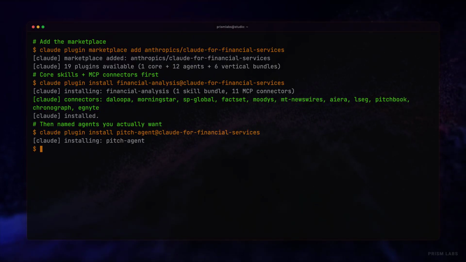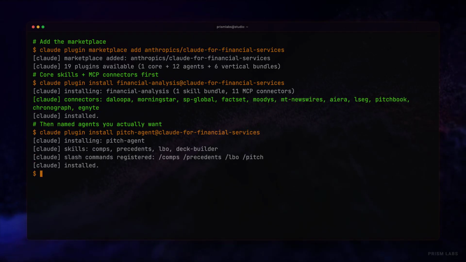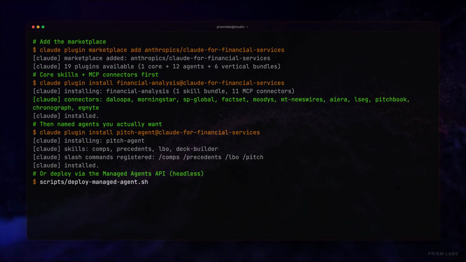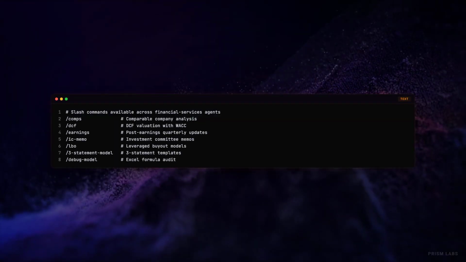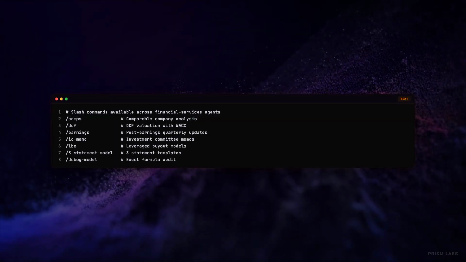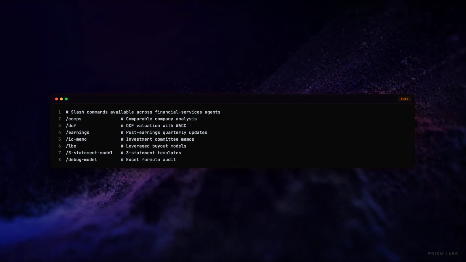For headless deployment via the Claude Managed Agents API, the repo ships scripts/deploy-managed-agent.sh. Pass it the agent slug, set the Anthropic API key, and the agent gets registered behind the API endpoint of your choice. What you actually use after install: the agents fire on /commands inside Claude Code or Claude Cowork,